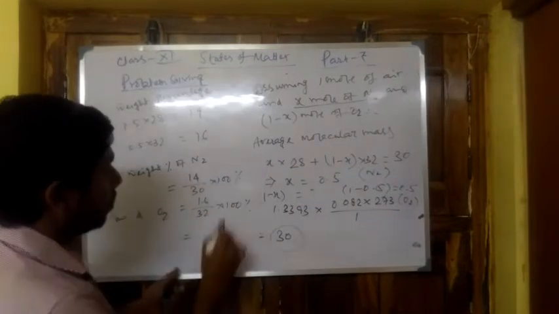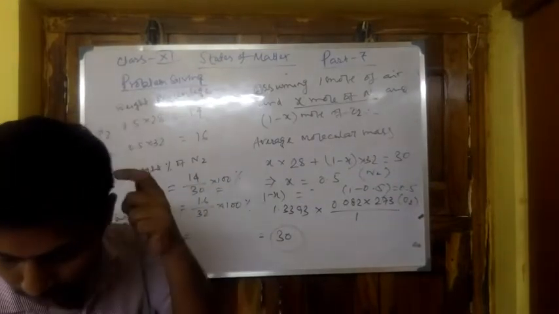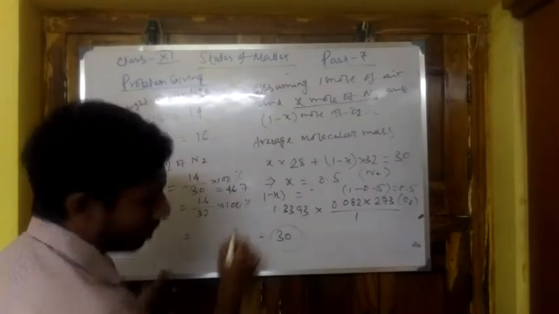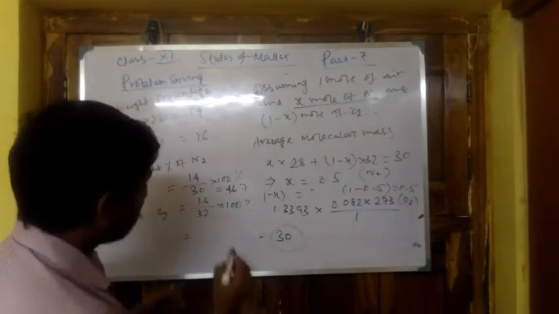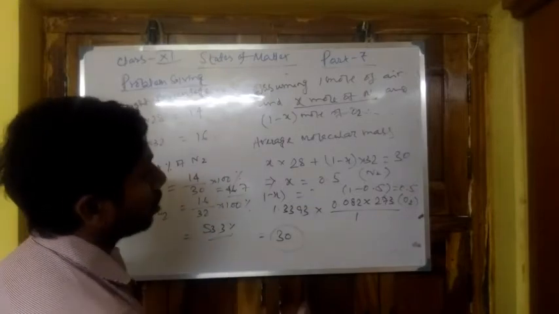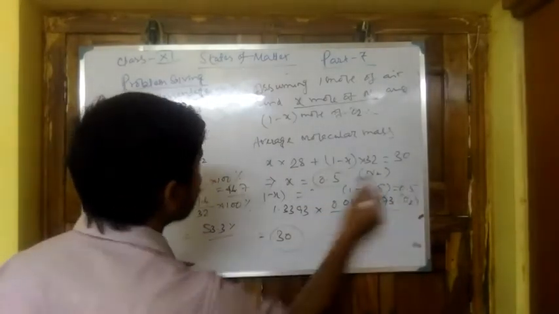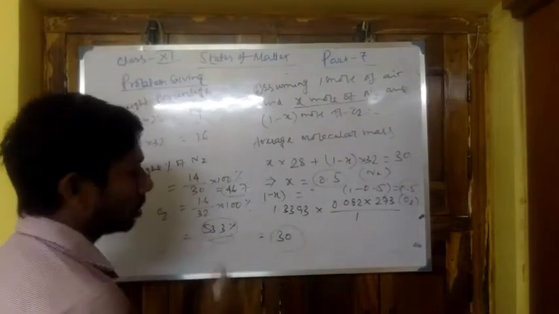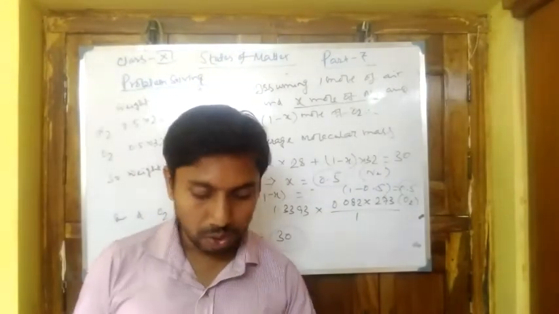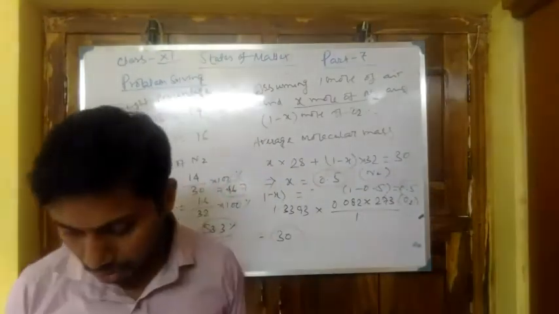So the answer will be, the previous one is 46.7%, and this one is 53.3%. So this is the answer, these two parts. This is a very important problem, with your respect. Next one,